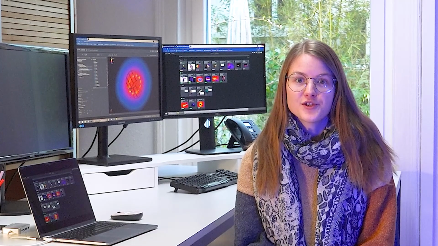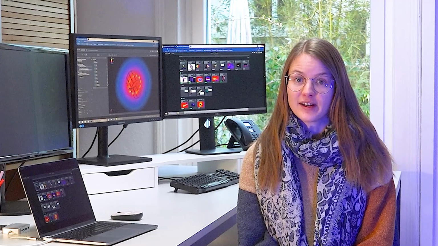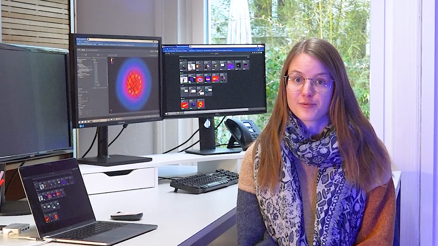I wish I had had such an amazing tool when I did my master's thesis, but let me show you how your master's thesis could look like now when having Sim4Life Web Lite available. Let's look at a topic that is currently of high interest to my research group: temporal interference stimulation.